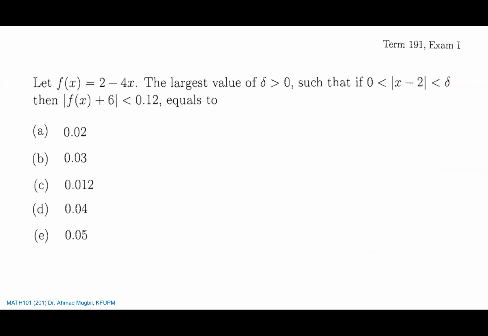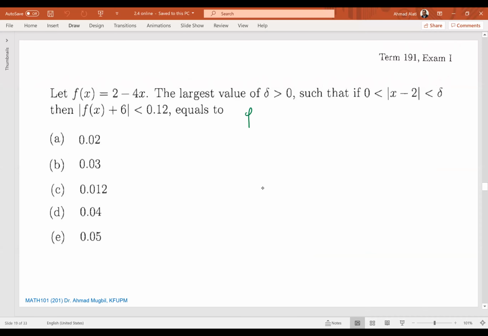You have f. You need to find the largest value of delta such that if the distance between x and 2 is less than delta, then the distance between f(x) and negative 6 is less than epsilon. So here L is negative 6, and this is epsilon. Let me help you with identifying the problem. You have the function here. L is negative 6, A is 2, epsilon is